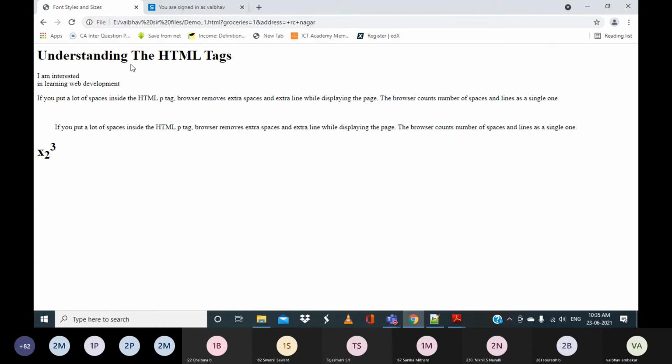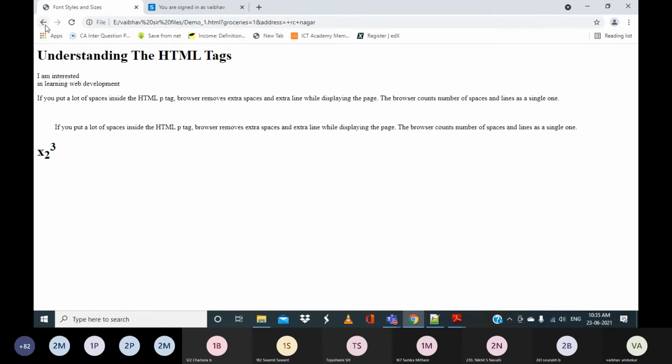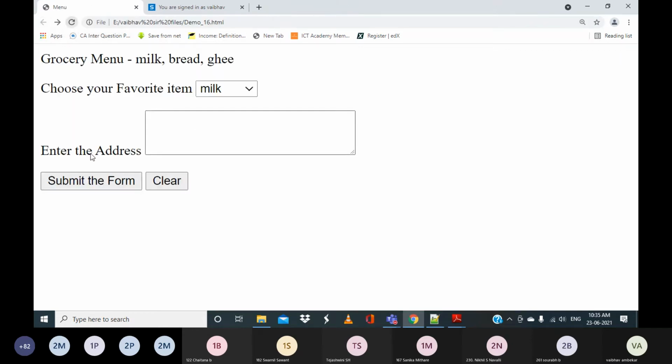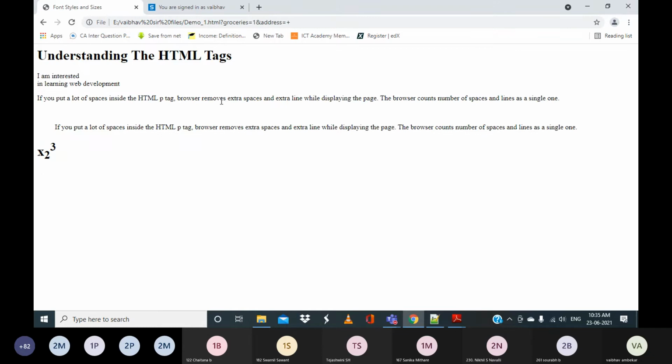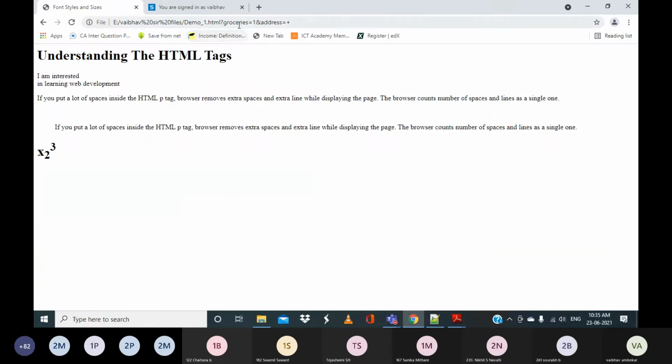It will not open a new tab. I don't understand what is the meaning of the new tab. So when I click on this, the response will go to this particular page because I have mentioned it as demo_1.html and with these data because I have selected milk and so on. The response will appear on the same page.